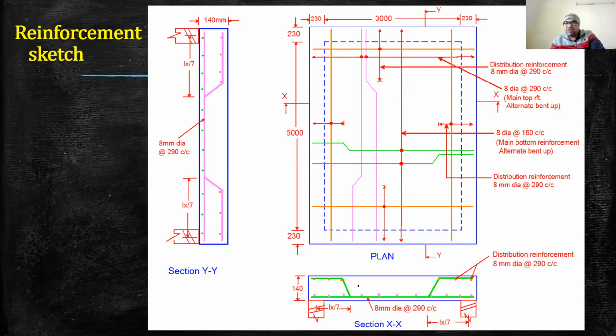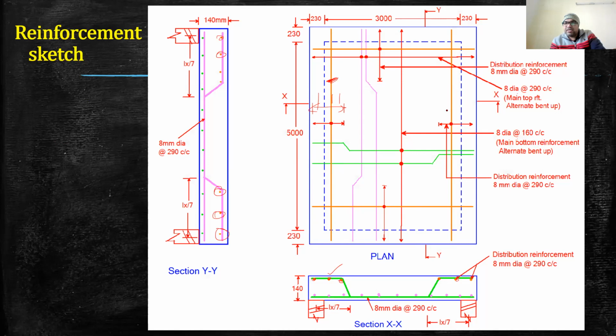Similarly, now we have distribution reinforcement also. You can see when the green reinforcement is bent up, above the bent up part, there are these three reinforcement, and here also these three reinforcement. Similarly, in this case also, these are the distribution reinforcement, and they are represented using the orange color bar. So this orange color bar is actually showing the distribution bar, and it will be laid between this span only. So 1, 2, and 3. So basically total 3 bars are there.